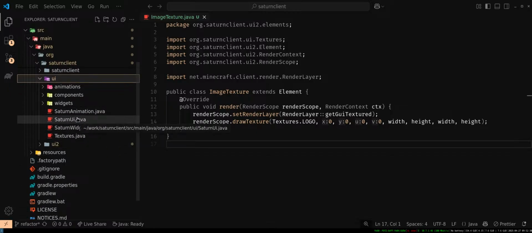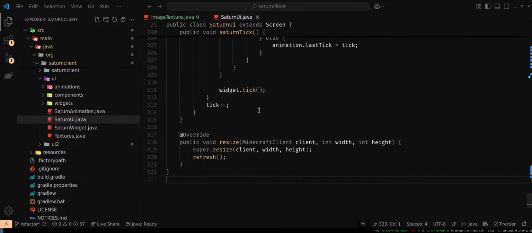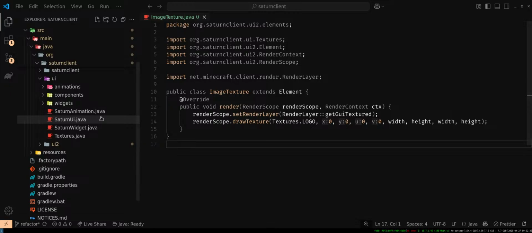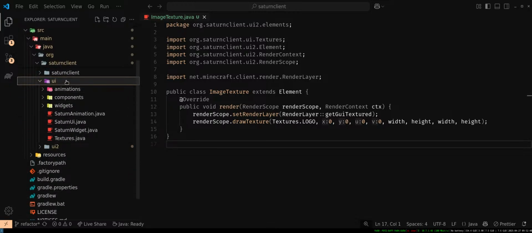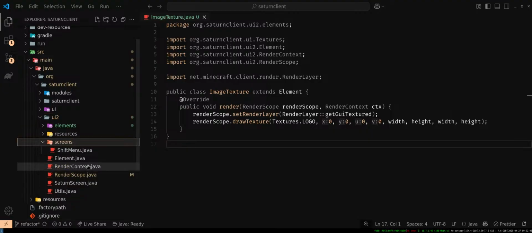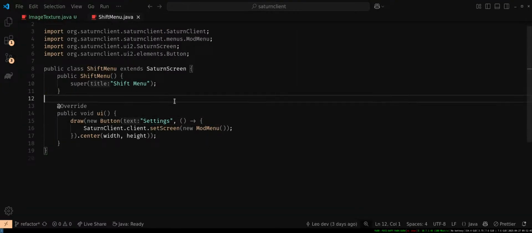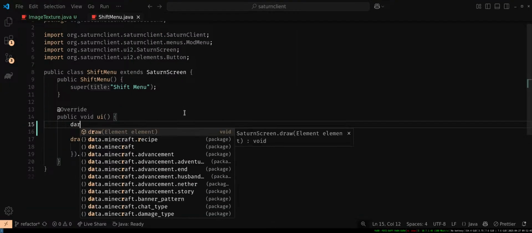All right, Saturn UI. No, is it here? No, it's not. What am I trying to do, bro? Screens. No, it's in UI 2. Screens. Shift menu. All right, we draw